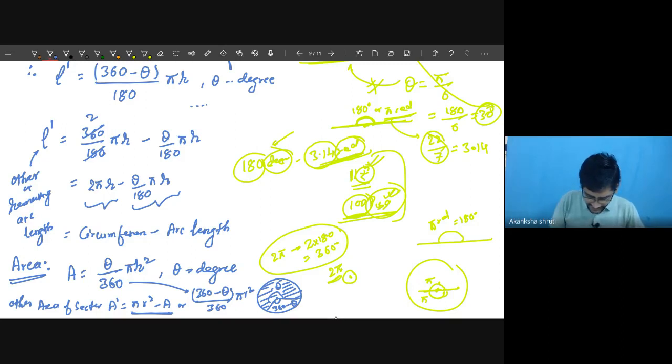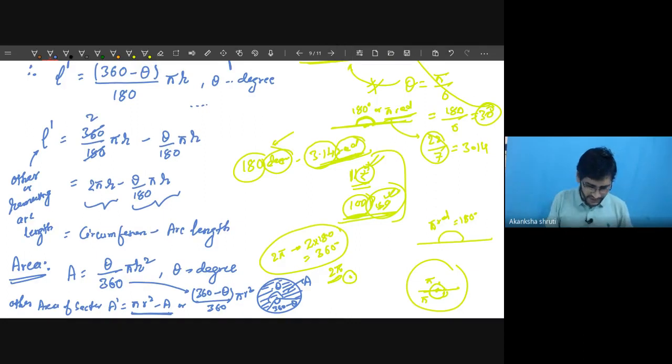Therefore, the first term will give you the same pi r square, because 360 will get cancelled, and theta by 360 pi r square will give you the area of one of the sectors. Okay, it was this one. So these two are also concurrent. This way the formula is universal. You just keep it in mind: for the given angle theta, calculate, and for the remaining, either subtract from the total area or calculate the angle, then substitute in the same formula. Both of these things we will see.